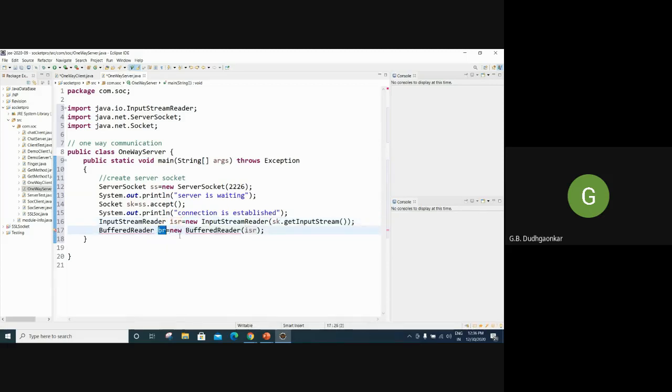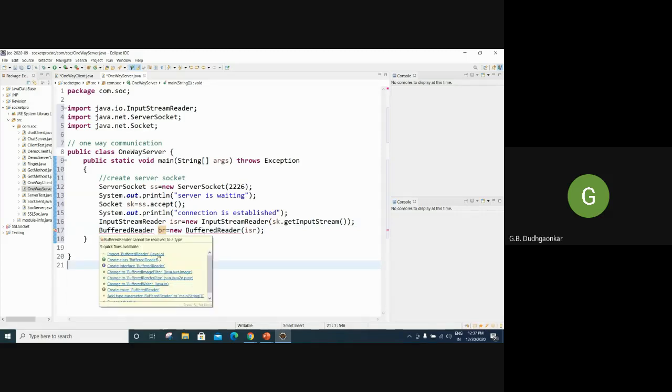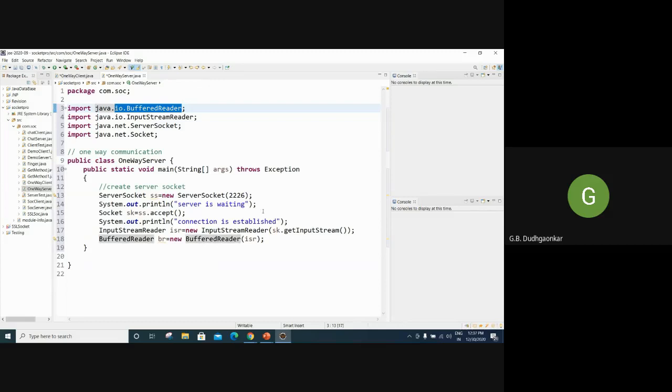So that the message can be read. This is the message coming from the client. Again, we have to use the same message, but we have to read it. BufferedReader can read this incoming message from the client, and the return value will be stored in this BR. Later on, we can use that BR to print the data. Now again, it is a BufferedReader, so again I have to use java.io for BufferedReader. That package I have to import. After that, we have to use one more string.